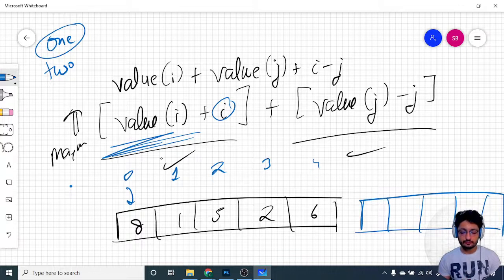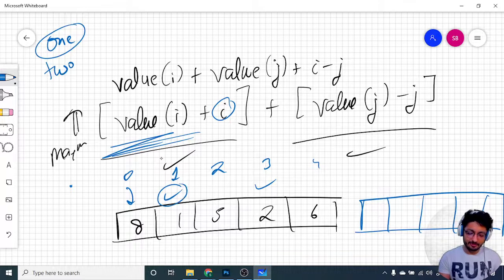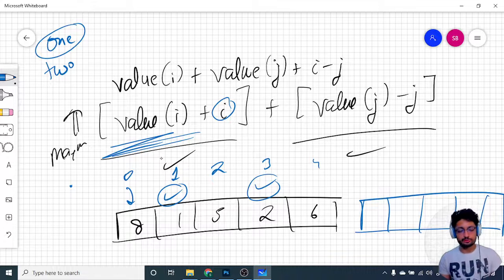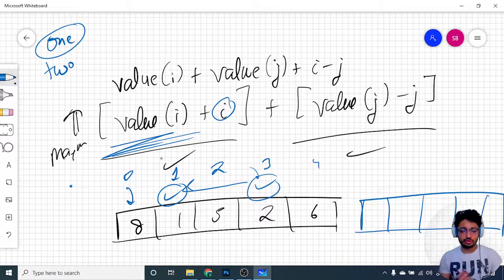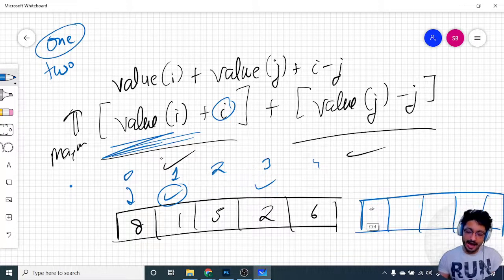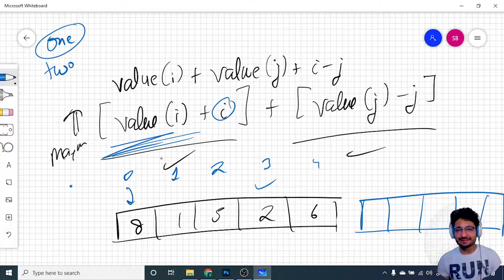If you're choosing a pair, let's say I'm choosing a pair like this and this. So this is the left and this is the right value of the pair. If I'm always thinking about the right one, the left one is always on the left. So what I'm talking about here is that I can store the value of values[i] plus i, what is the maximum value till this current point.